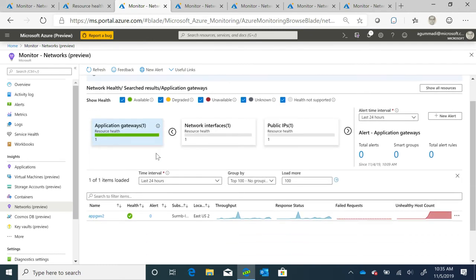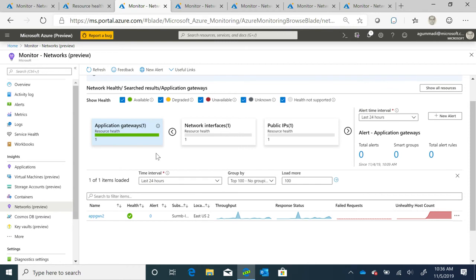I click on application gateways to find the specific application gateway that is serving this workload. I find the hostname app gateway v2. I find the relevant metrics, the 4 metrics of the dozen plus metrics. I find that at a particular moment there was a spike in throughput, but almost at the same moment the list of unhealthy host counts has gone up. So it's probably not a problem with app gateway.